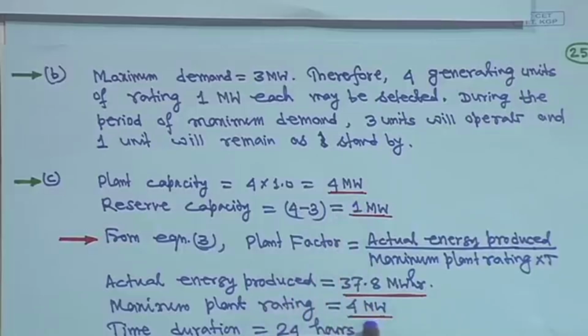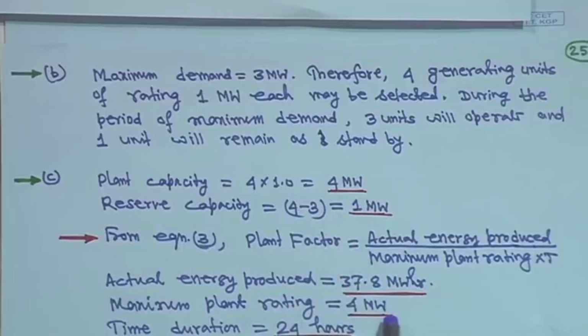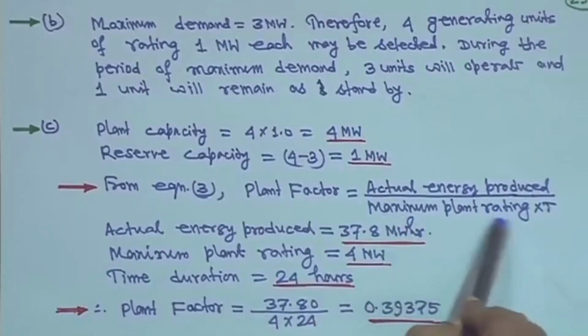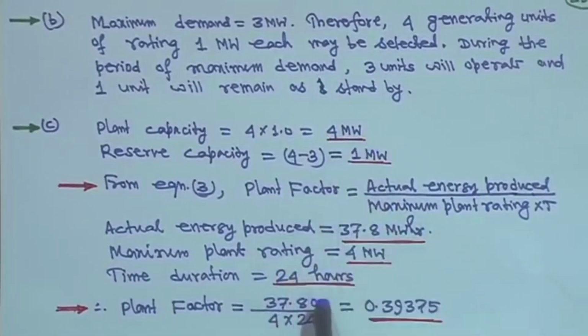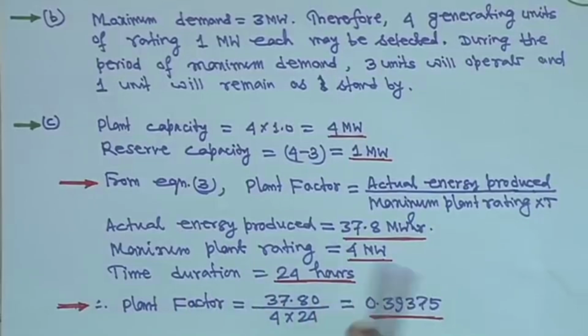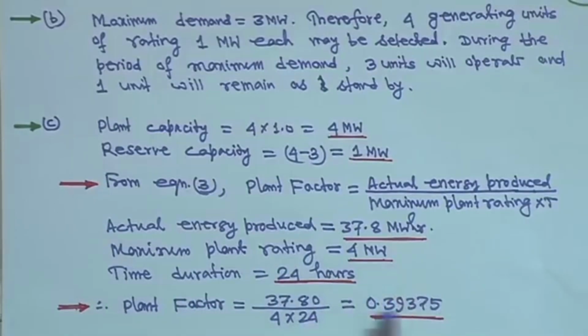So the maximum plant rating will be 4 megawatt. The time duration is 24 hours, from 6 am to 6 am. Therefore, plant factor is equal to 37.8 divided by 4 into 24. So, it is coming around